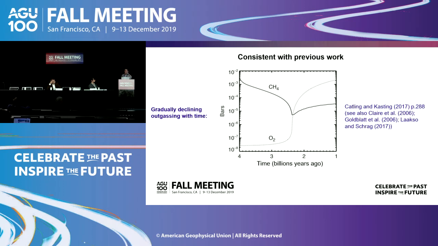This first oxygenation event, which is purely in the atmosphere, has been fairly well studied. It generally seems to be to do with the formation of an ozone layer, in that you have photochemical reactions between oxygen and methane, but when you begin to form an ozone layer, you make those reactions a little more difficult, and you reach a point where oxygen can rise, as well as methane rising slightly, and change to a different system where you can have more oxygen and less methane. Because back in this system, you have quite a lot of methane and a lot less oxygen, so methane and oxygen are being destroyed together, they're reacting.